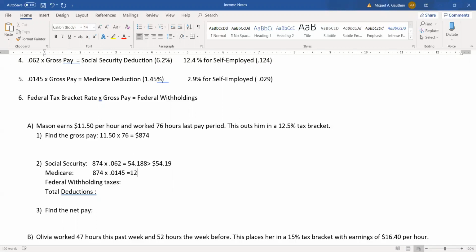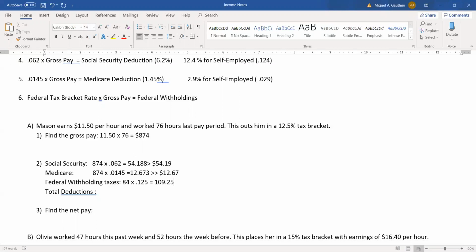That gives us 12.673, which is $12.67. Now he was placed in a 12.5% bracket. So that's 0.125 times 874. So 874 times 0.125, and that gives us